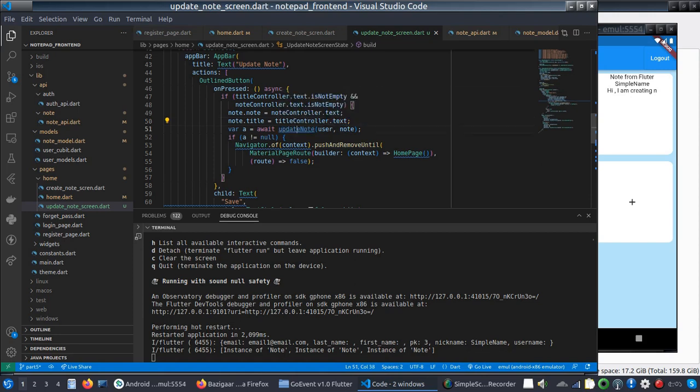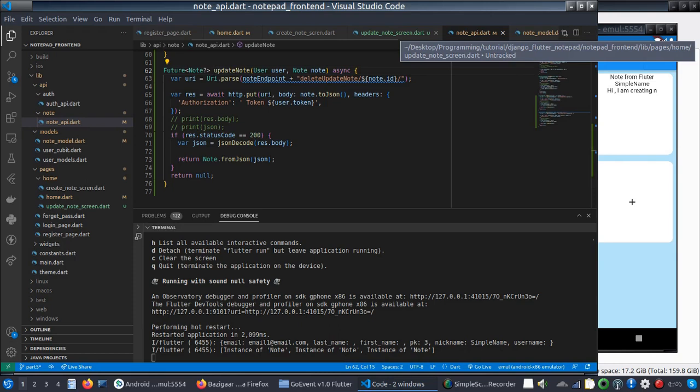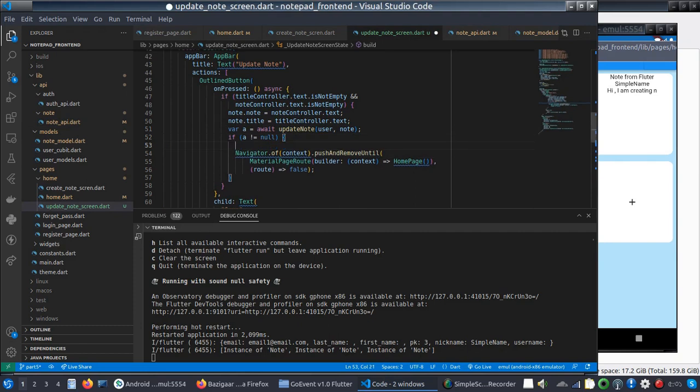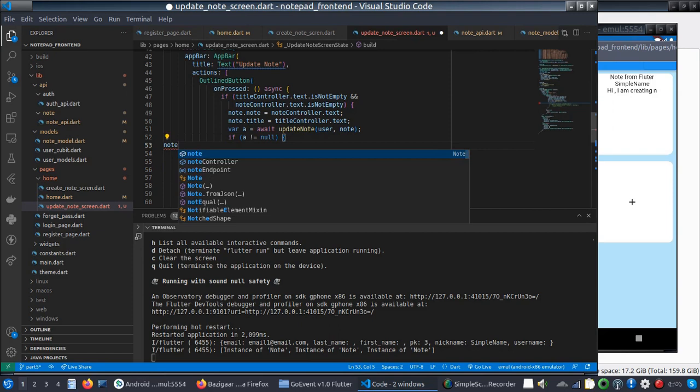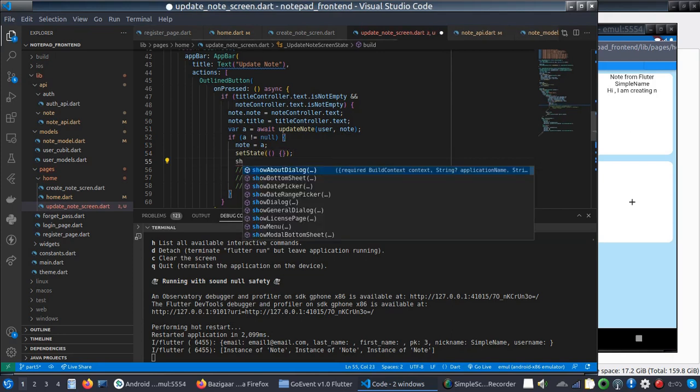and this update node will take the node and convert the new node into JSON and send the JSON to our backend, and our backend will update the node, and when we get the node, we will save the node. We will not navigate, we will just save the node to our current node, okay, and we will run set state,